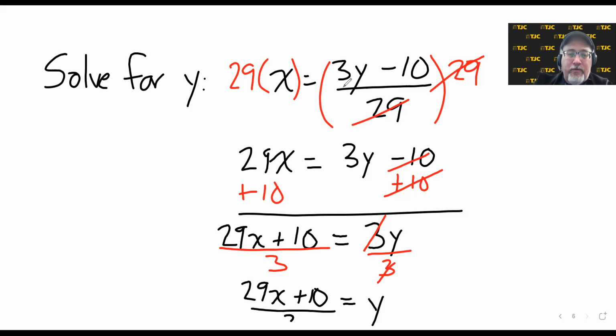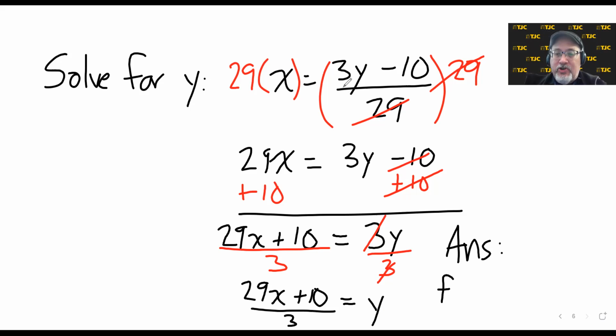29x plus 10 all over 3. That can't be simplified. I can't combine anything on the top. Nothing will reduce, because the only number I could reduce by on the bottom is 3, and nothing on the top is reducible by 3. So we're done. That means that our answer